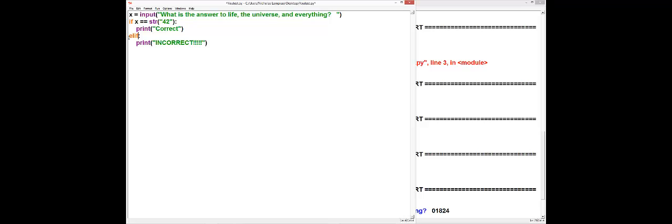So elif x equals string, and then inside that, instead of having the number 42, if we just have the word 42, and then correct again,